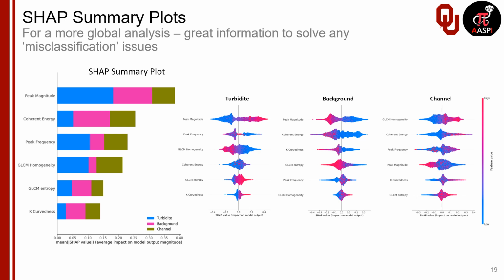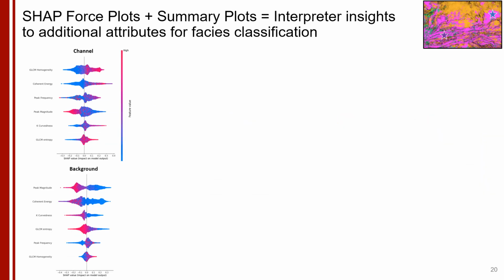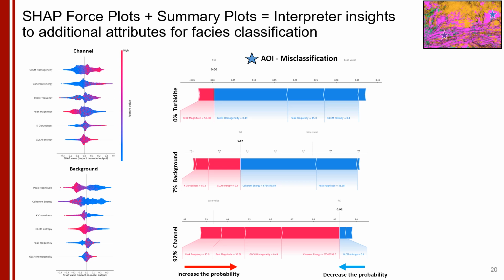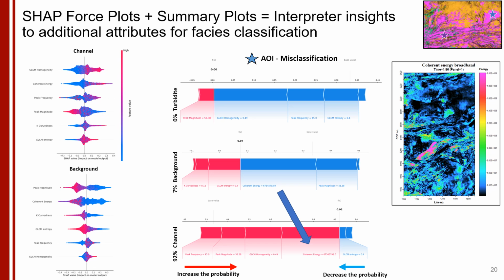And so in this case, I just want to quickly show how I looked at this classification area. I noticed that the blue is being classified as a channel. To me, just with the 3 seismic facies that I identified, I would think maybe it's more of a background. And so one of the things I noticed is that coherent energy was a big player between these two. And so I could pull up my coherent energy attribute and look at it. And what I noticed right away, and this is